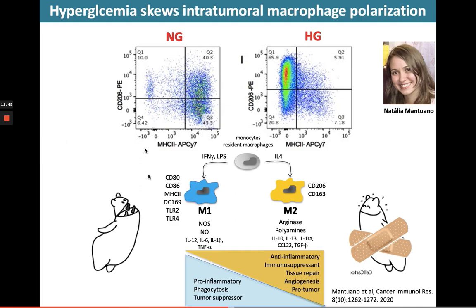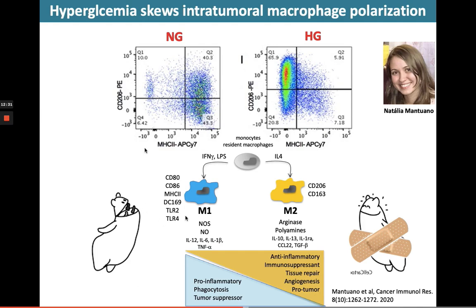So we have two types of macrophages, the M1-like macrophages and M2-like macrophages. The M1 express nitric oxide synthase that uses arginine to produce nitric oxide, and express pro-inflammatory cytokines. So it has pro-inflammatory activity, performs phagocytosis, and has tumor suppressor activity. And they express molecules that can be markers of this kind of macrophages, such as CD80, CD86, and